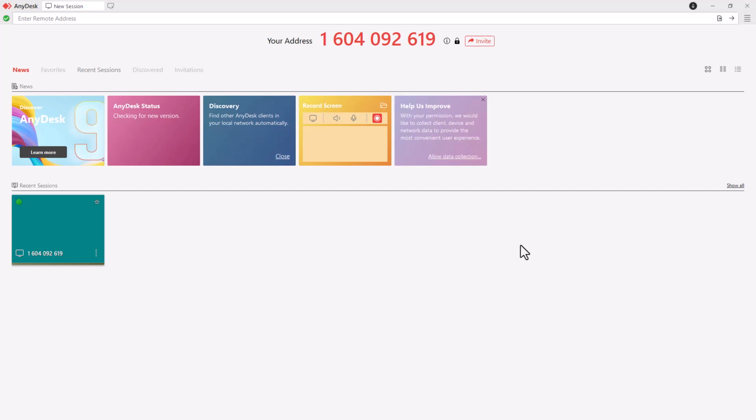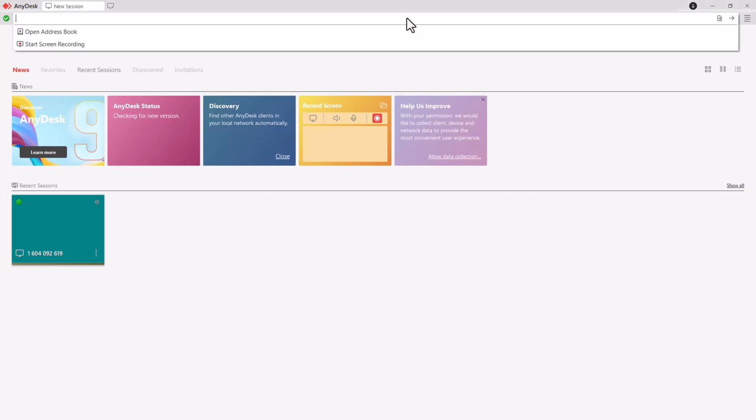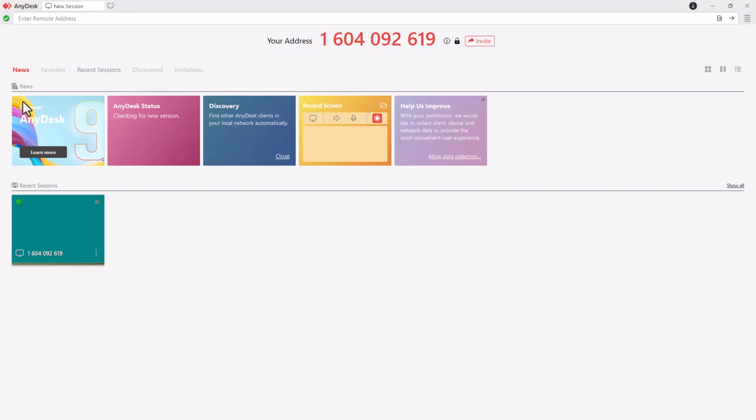So once you open up AnyDesk, this is what you see. You can actually see that I have my address over here on the top, and on the top I have an option to stop the screen recording or open address book or enter the address. Over here you can see the latest news that you have regarding AnyDesk, and on the bottom you see the